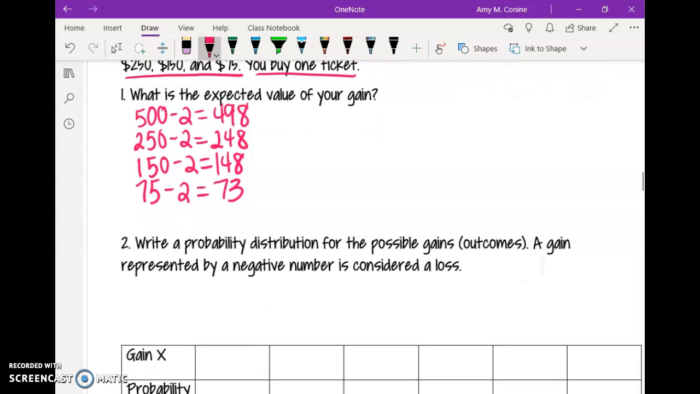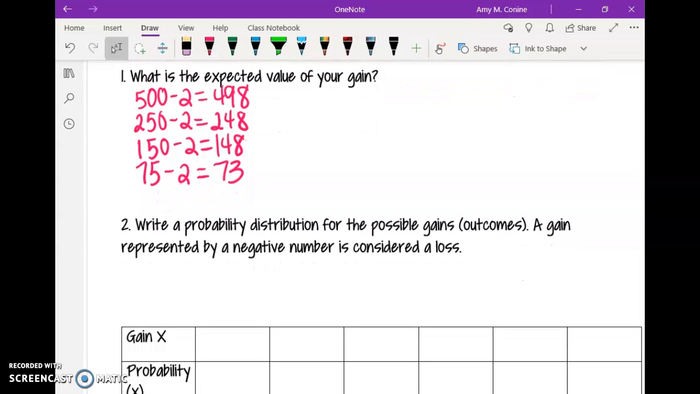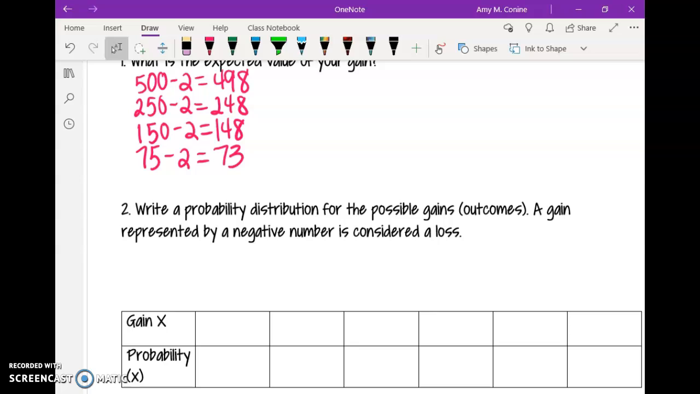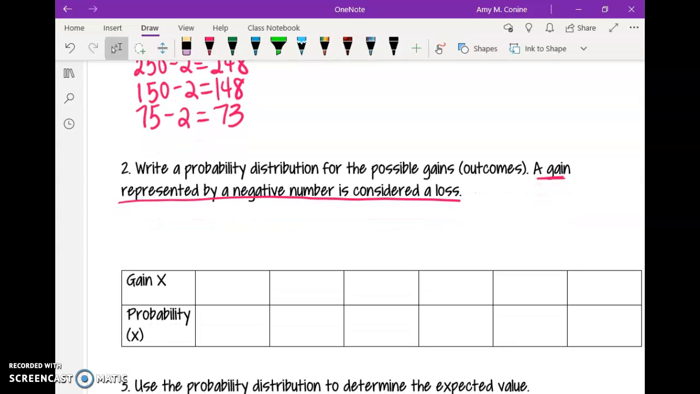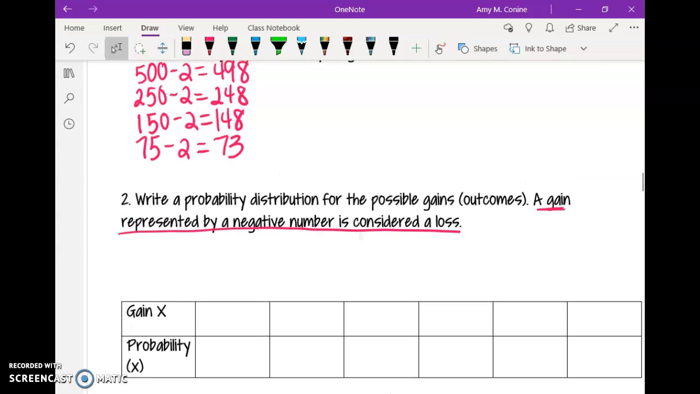So then we're going to take those numbers and we're going to write a probability distribution for the possible gains or outcomes that we're given. So if we have a gain that is a negative number, that would represent a loss. So if you owe money in your bank account, it's negative, that would be considered a loss. So we're going to use our information to help us fill out our probability distribution below. Okay, so with doing that, the gains that I have,